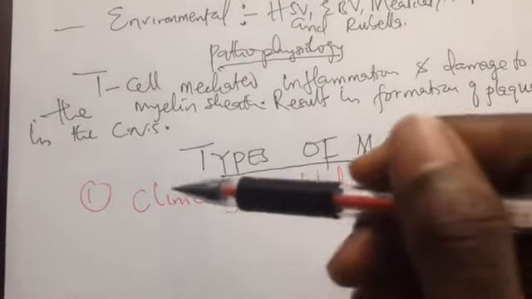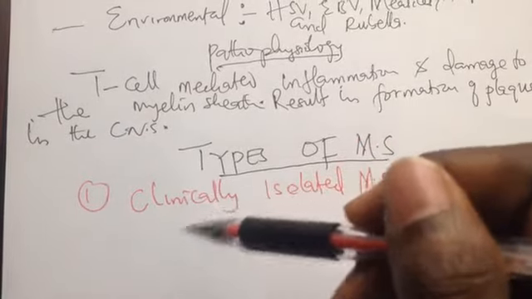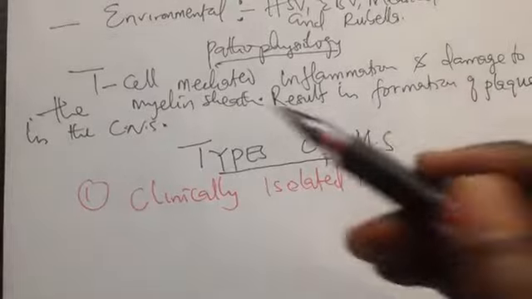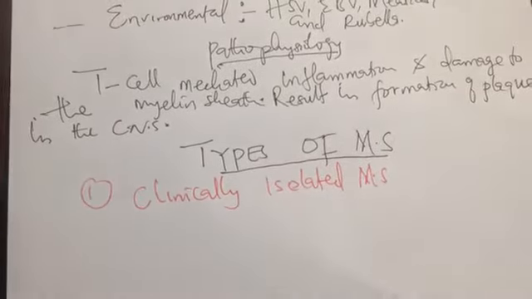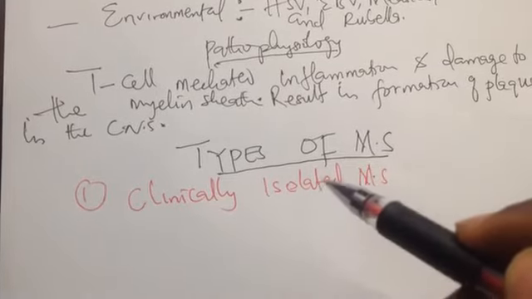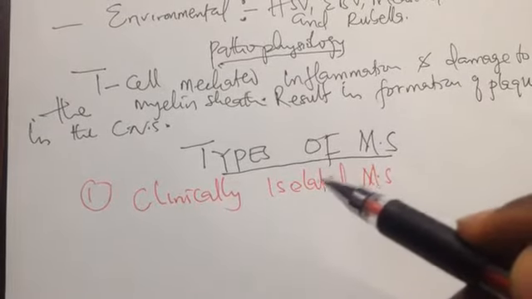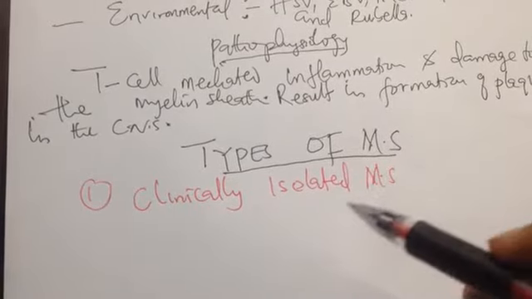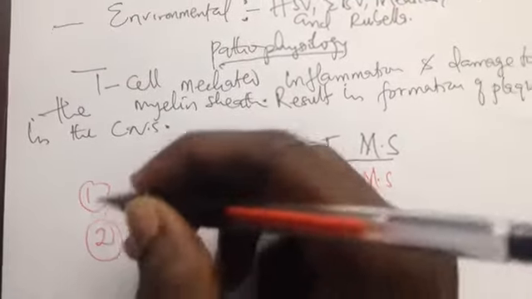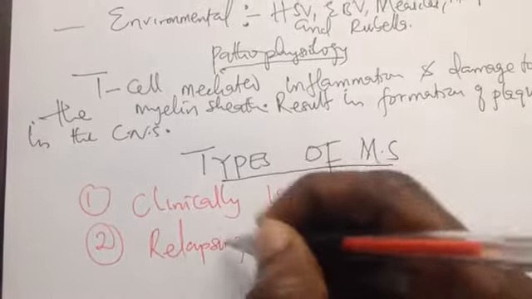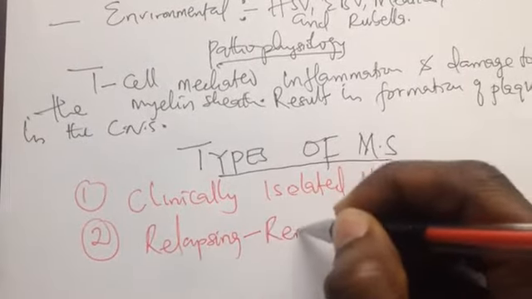Some do not mention clinically isolated as a type of multiple sclerosis, but in some textbooks they put it among the types. The attack is happening in the central nervous system, but you can't exactly confirm it, or the patient doesn't meet the criteria to be diagnosed with multiple sclerosis. While we have the other one called relapsing remitting